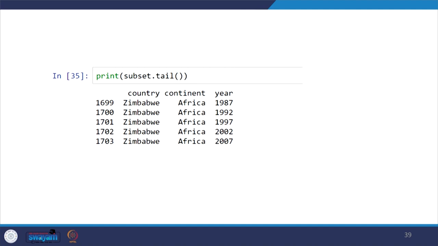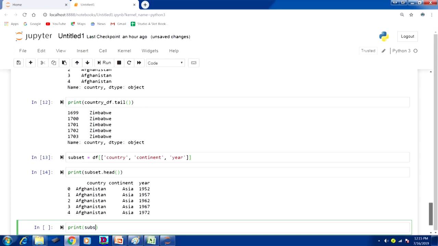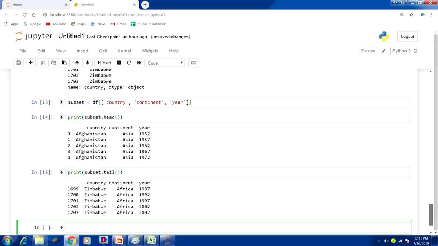In the same way, from the subset file I want to see the last 5 rows. So print subset.tail, let us see what we get. Yes, you see that there are 3 columns, and these are the last 5 rows from the bottom.